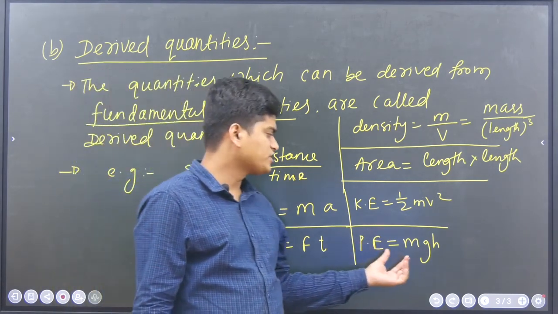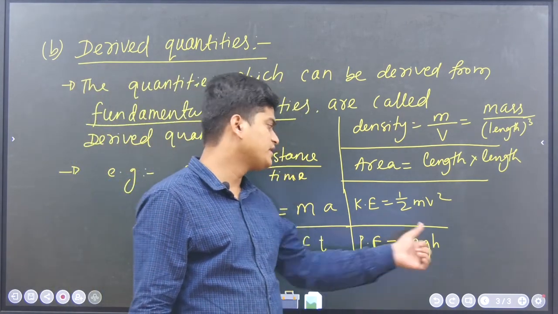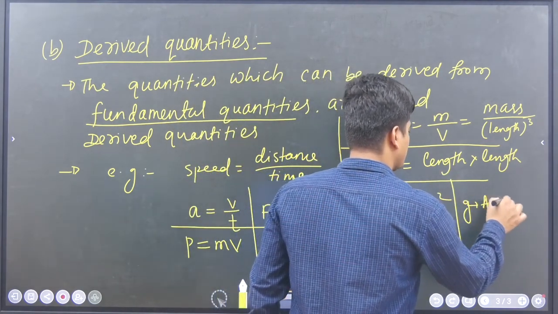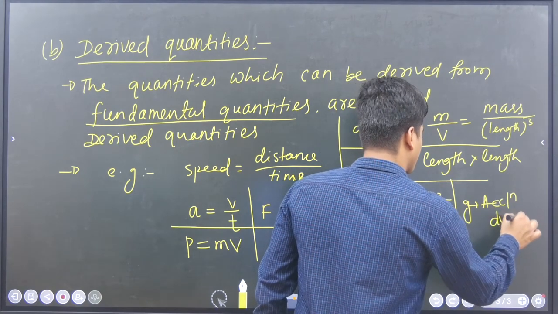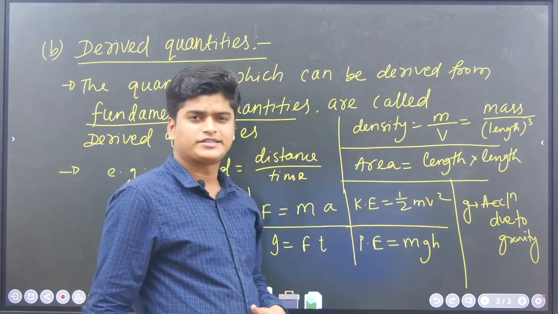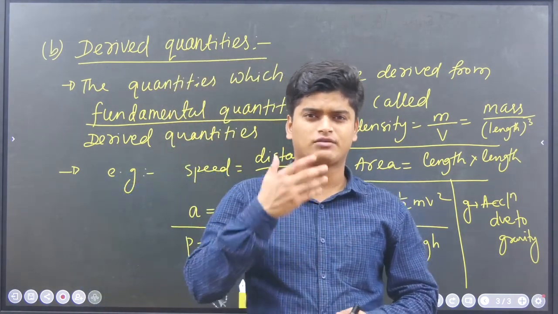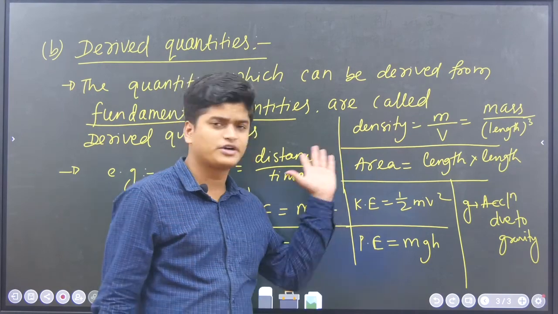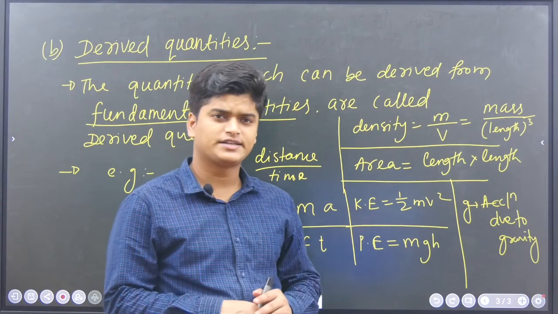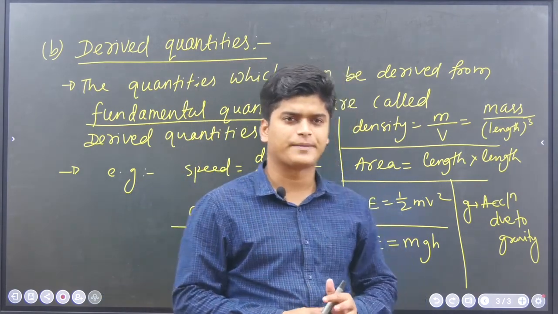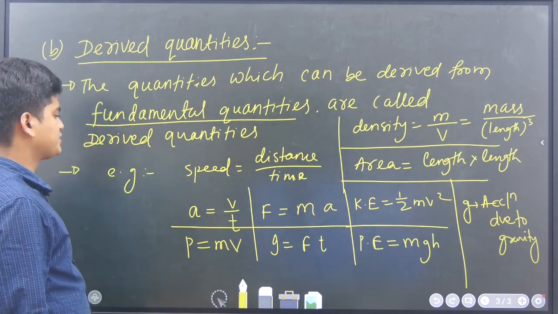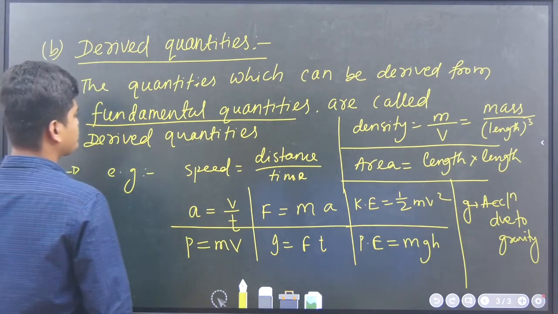And here potential energy is mass, g is acceleration due to gravity, and h is basically nothing but height. So, remember g is your acceleration due to gravity. In the coming lectures, like dimension, when we will calculate, there we will calculate so many dimension formulas for different quantities. That time we will understand these formulas along with their units also. We will try to write SI units and we will try to write the dimensions. So, here just a little idea we are giving about some quantities.